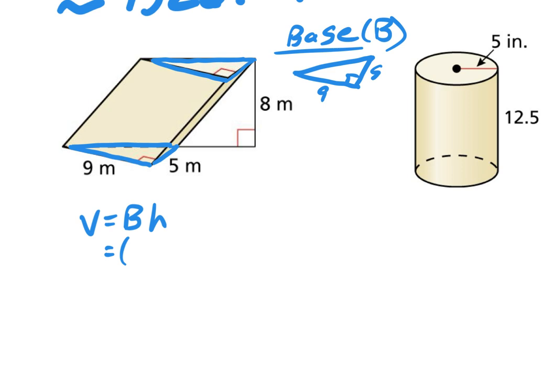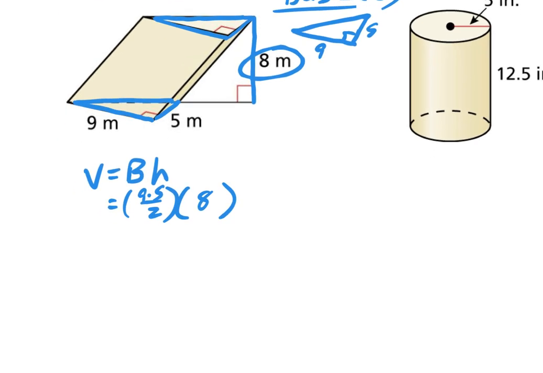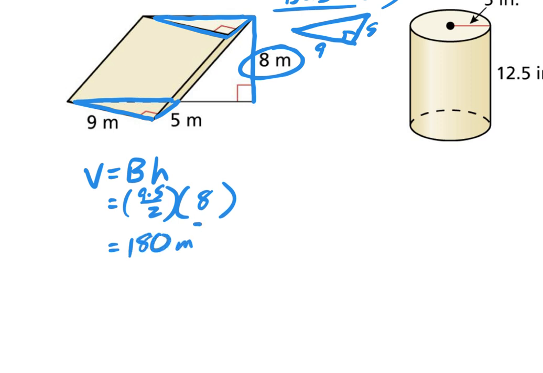We already talked about the formula. And then the height of the prism is 8. So 9 times 5 divided by 2 gives me the area of the base. And then if I multiply that by 8, what do we get? Yep. 180 meters